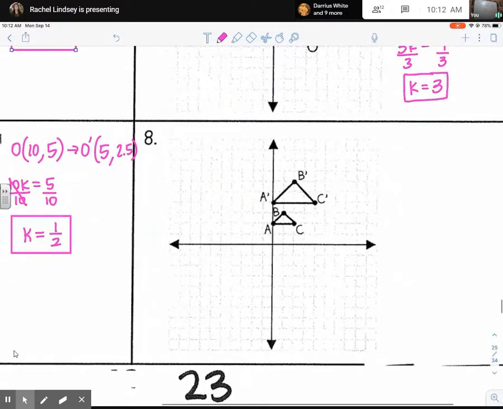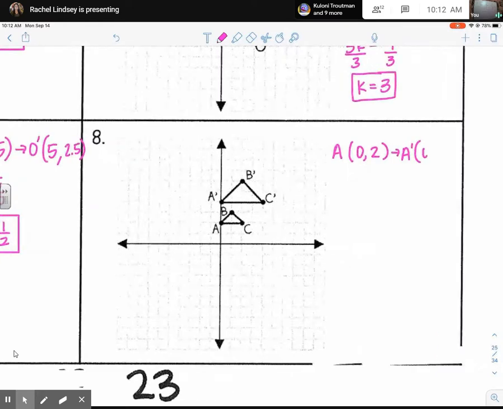Okay, on number 8, I'm going to look at points A and A prime. You can look at B or C, either one's fine. I'm just going to look at A. So, with A, where do I start with A? At 0, 2. And A prime is where? 0, 4. Yes. So, if I'm looking at this one, I need to find what multiplies to give me